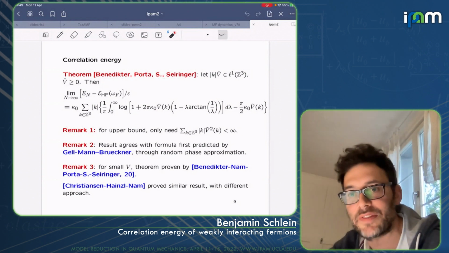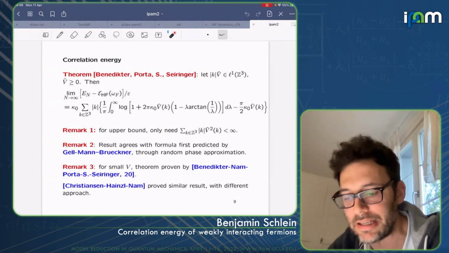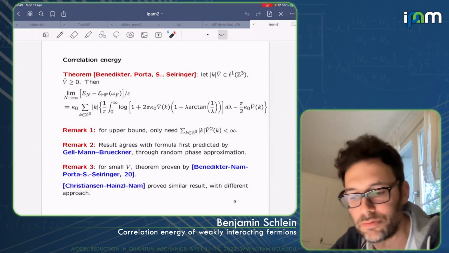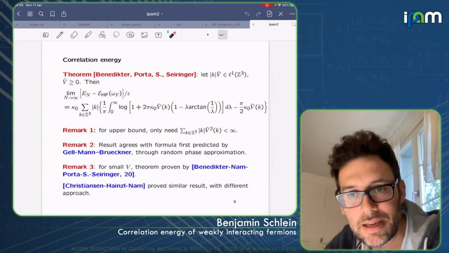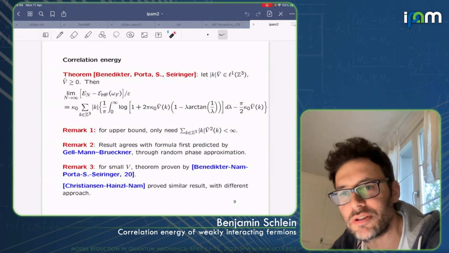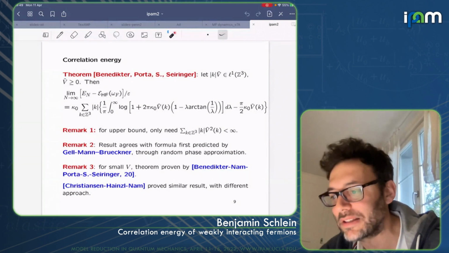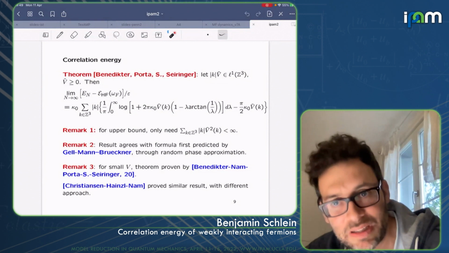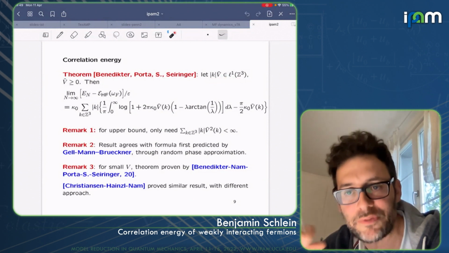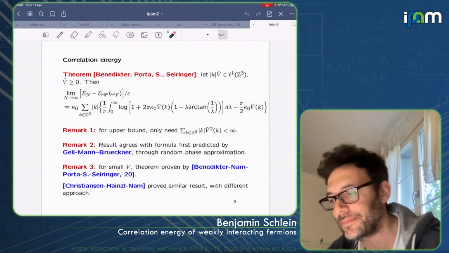And also the other remark is that at the same time as we came out with this final version of the result, Nam together with Christian Hainzl and their student, I think Martin Christensen, came out with a different proof, exactly the same result, the same conditions. Well, maybe I should not say exactly the same result. Maybe we formulated a little bit less, but the same conditions, a little bit differently. Their approach is a little bit different. If I have time later, I will explain what the main differences are.